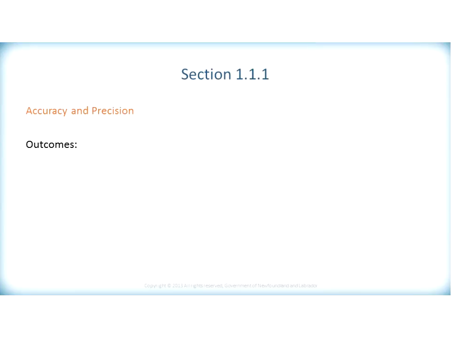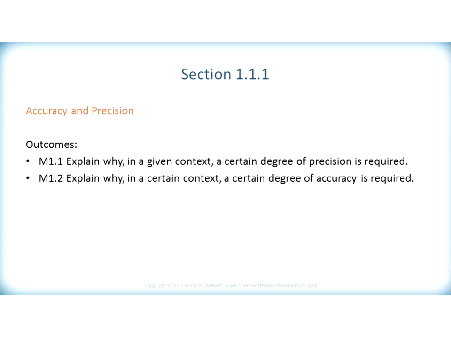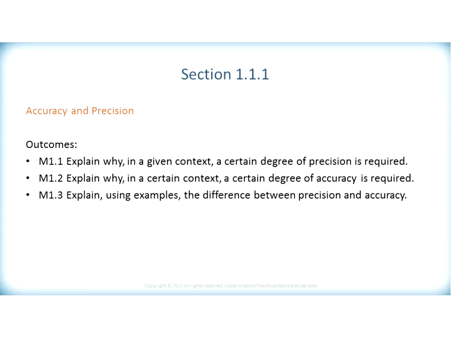So the outcomes we're going to cover include explaining why in a given context a certain degree of precision is required, explaining why in a certain context a certain degree of accuracy is required, explaining using examples the difference between precision and accuracy, analyze precision and accuracy in a contextual problem,